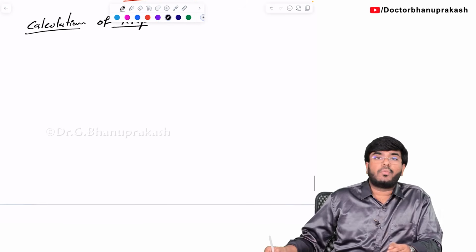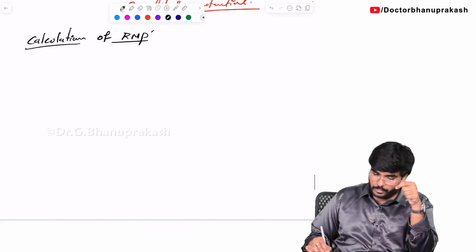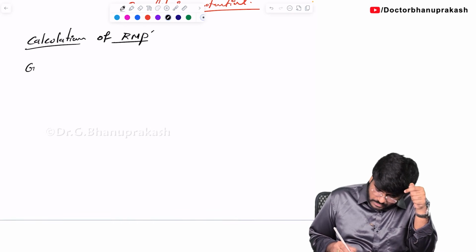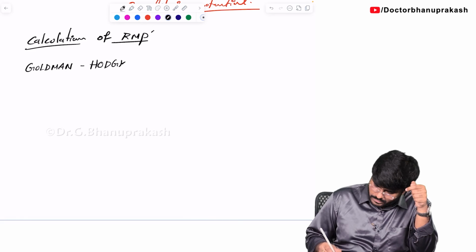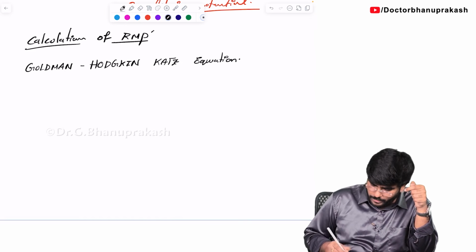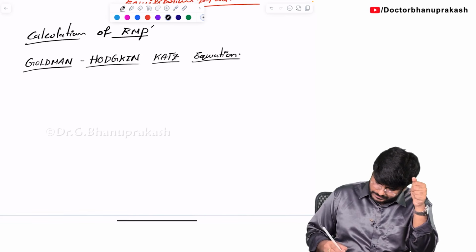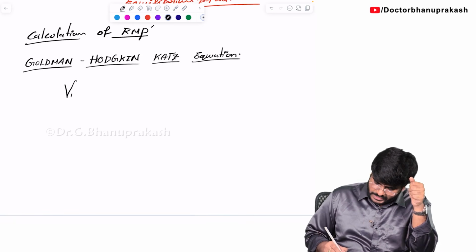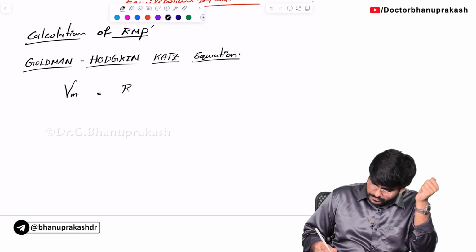There is a different formula for this. To calculate the equilibrium potential, we used the Nernst equation. But for the calculation of the resting membrane potential, the formula that I am going to use is called the Goldman-Hodgkin-Katz equation. The Goldman-Hodgkin-Katz equation is used to calculate the resting membrane potential. And what is this equation, sir? See, the voltage across the membrane is equal to RT by F